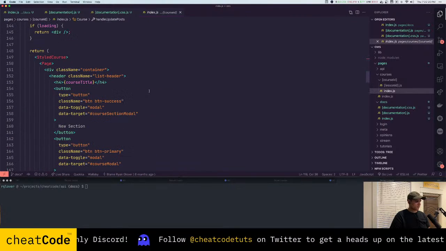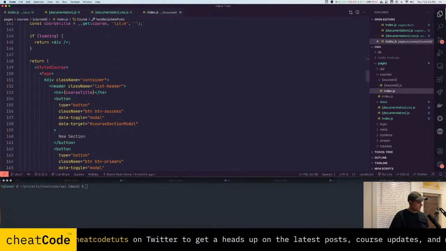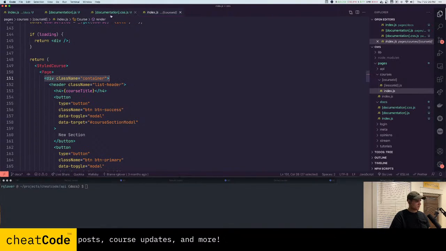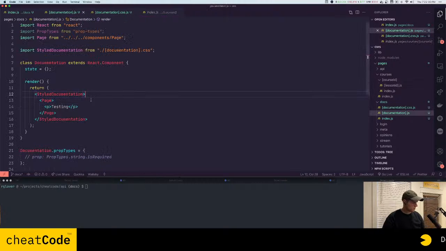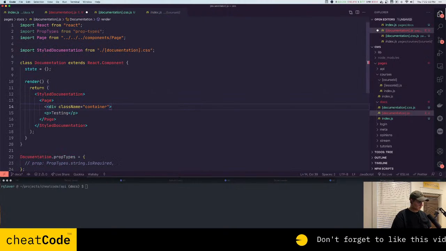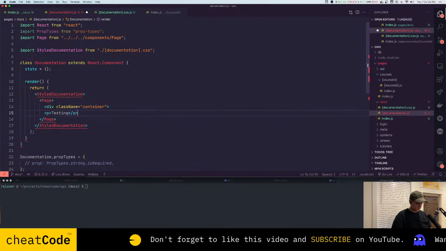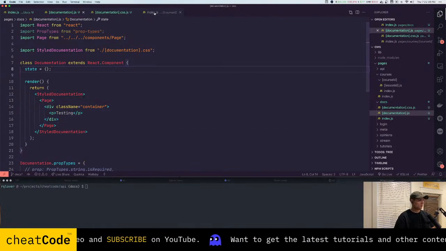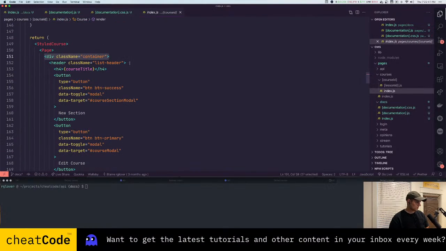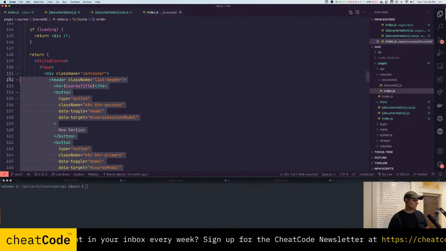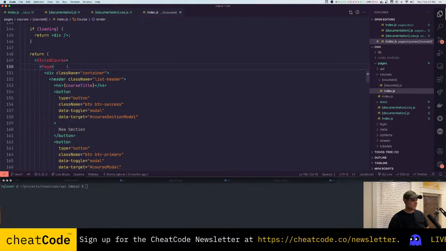What am I looking for? And I'll do this too. I'll just wander back and forth between files until my brain catches onto what I'm trying to do. Okay, so I was looking for that container because our stuff is still not centered. And then I also wanted to see what is the deal with this page in relation to headers and all that. Oh, okay, yeah. So you got list header. Okay, this makes sense. So the reason I made this page component,